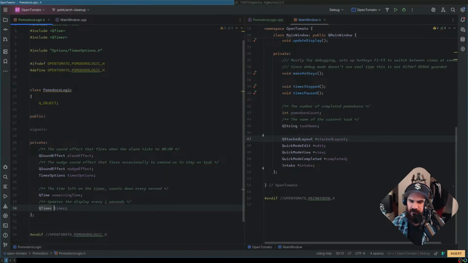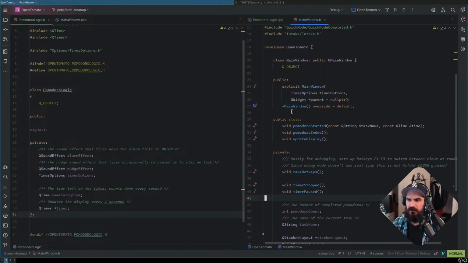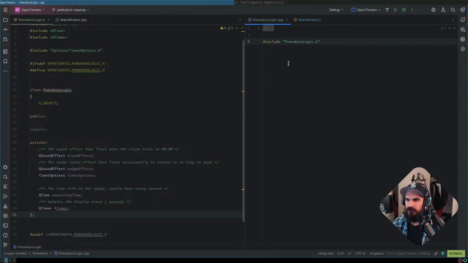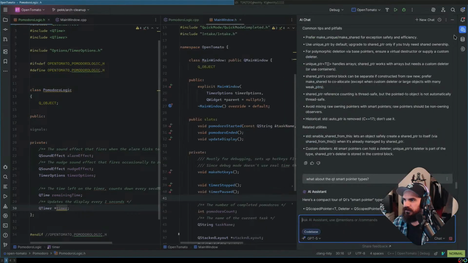I'm going to actually go like this because that's what the documentation's recommending, and also because I think that's just how this works. I think once I give the timer the parent, I don't have to really manage it anyways. So I don't think in my case I have an advantage of using that. Oh, did AI ever answer me?